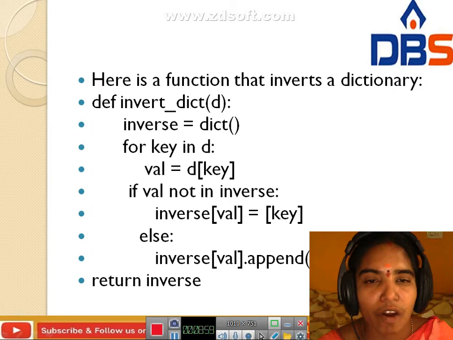If val not in inverse: inverse of val equals a list containing key. Else: inverse of val dot append of key.